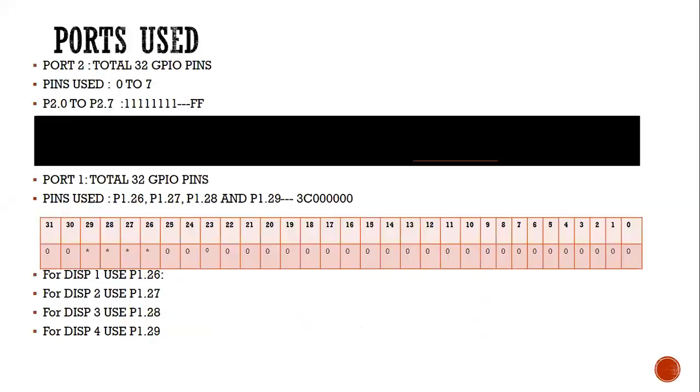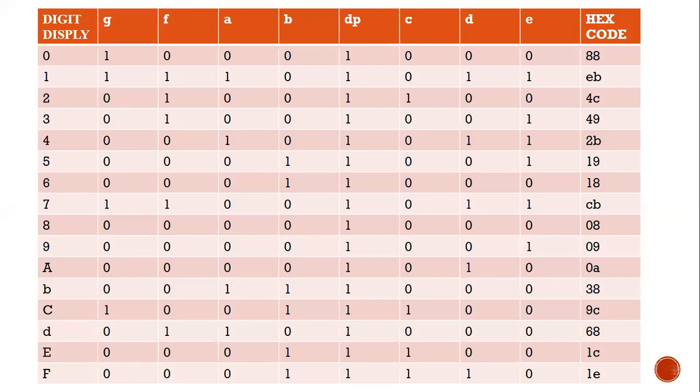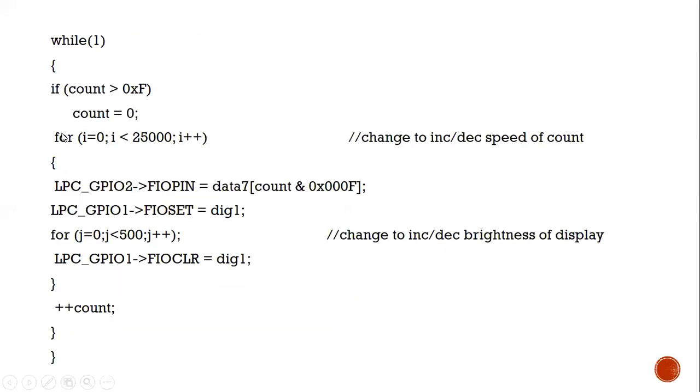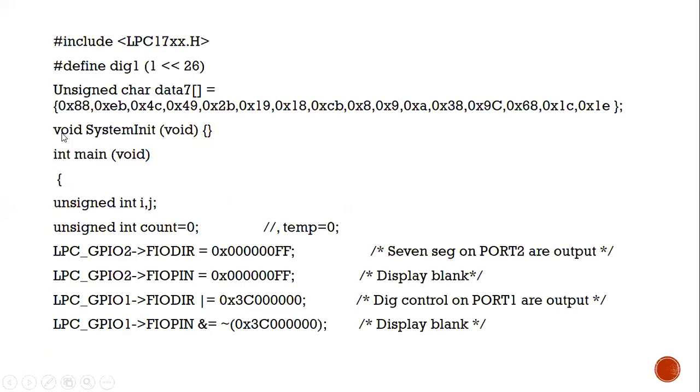These are the values we have already made and counted in the truth table. Yes, the values must be in the same order. You should not change it. The order must be the same, then only it can increment from 0 to F. You should not make any order change. Next, coming to the next step, it is for system init.